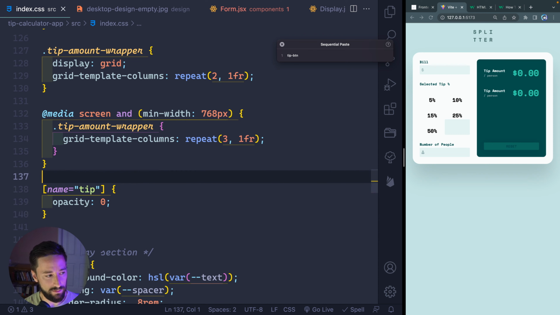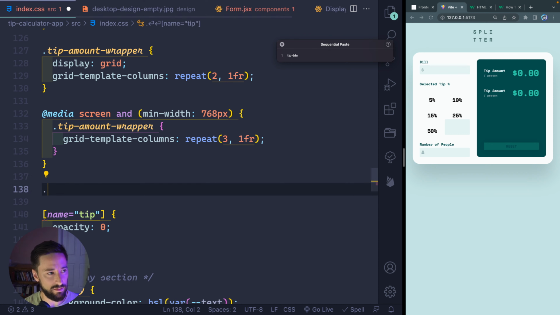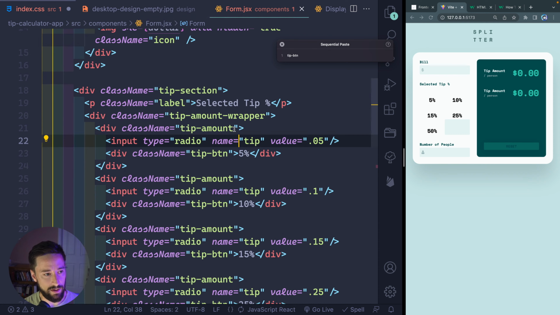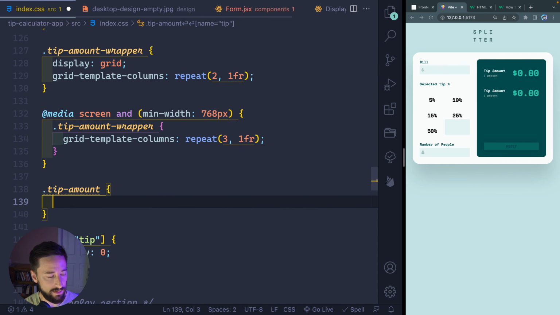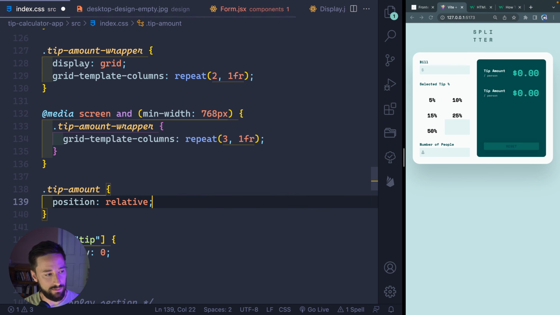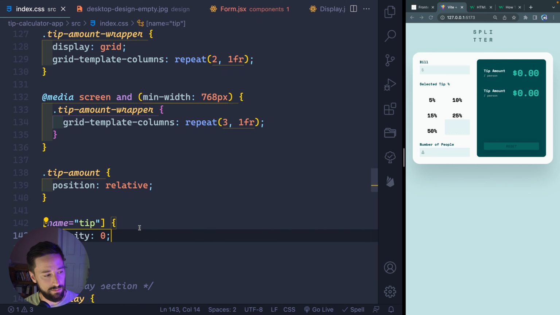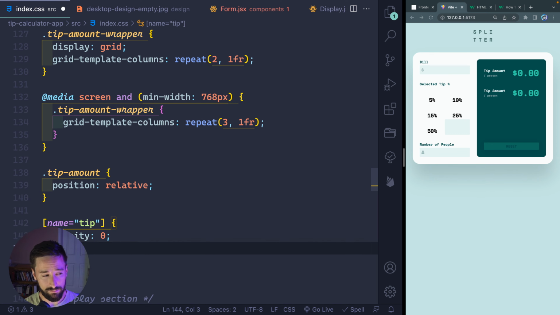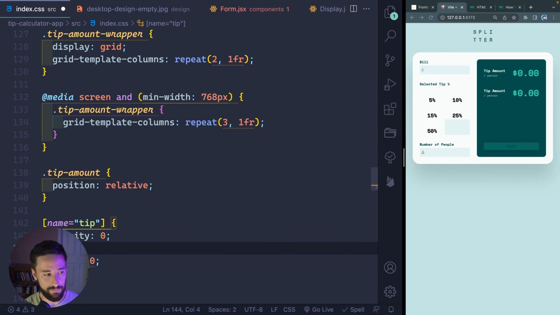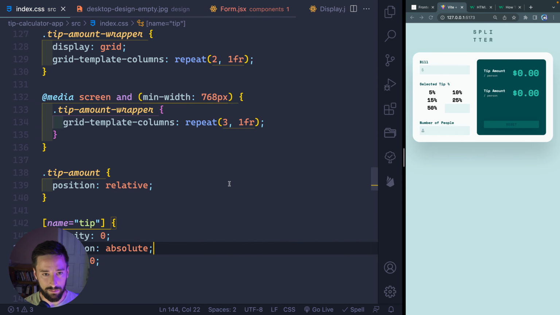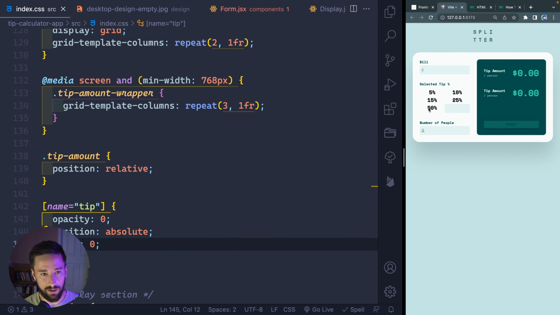Here's what we need to do. I need that tip. I think maybe this is what I was thinking. I'm going to grab this tip amount right here, and we'll add that in here. And then let's see. Here I want this to be position of relative. And then this tip can be inset 0 and position absolute. So what we're doing is basically making it fill this entire section here, so that anywhere I click, technically it's